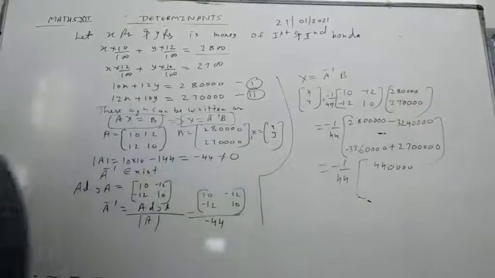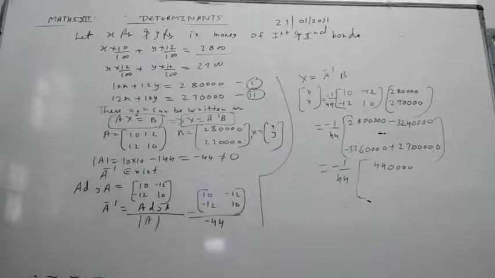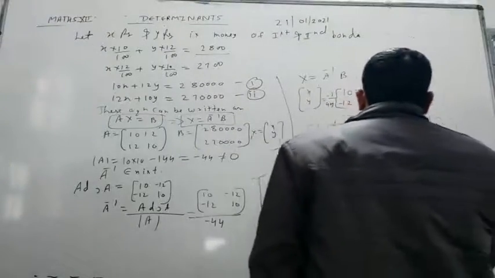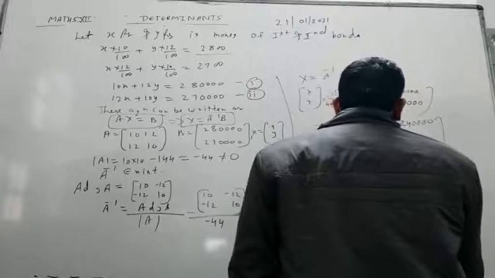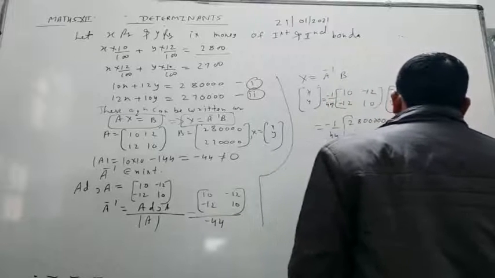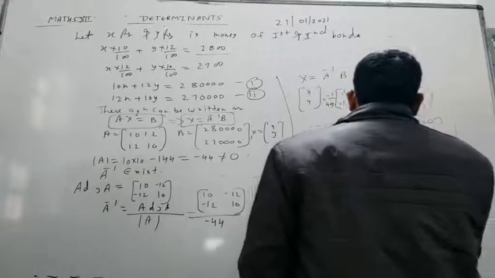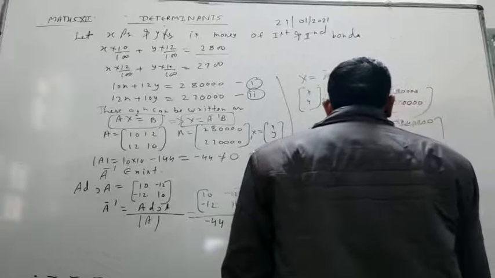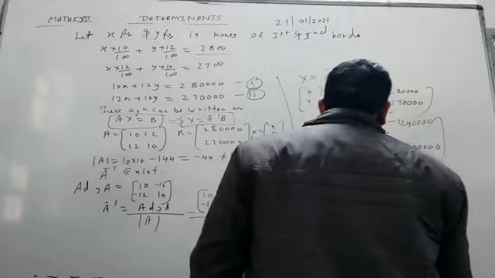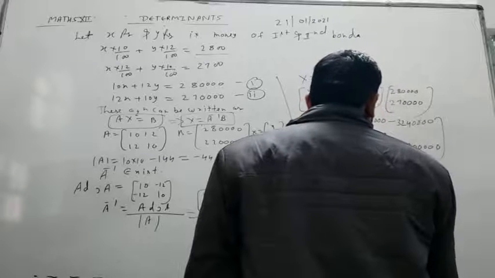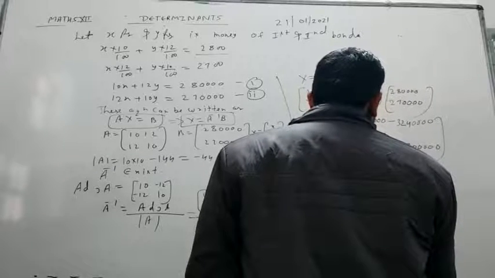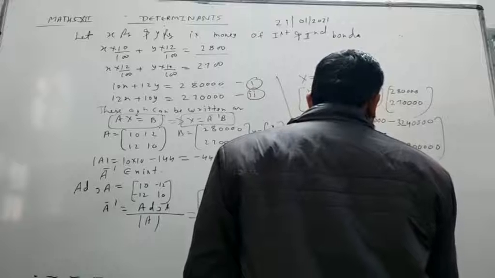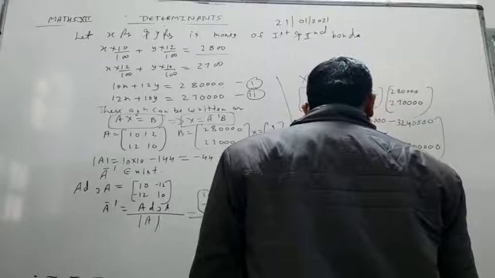Okay, now we will subtract from this to this. Now we multiply inside, and this is cancelled, student, we get